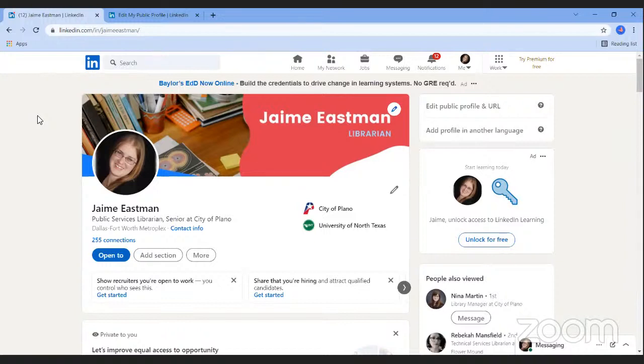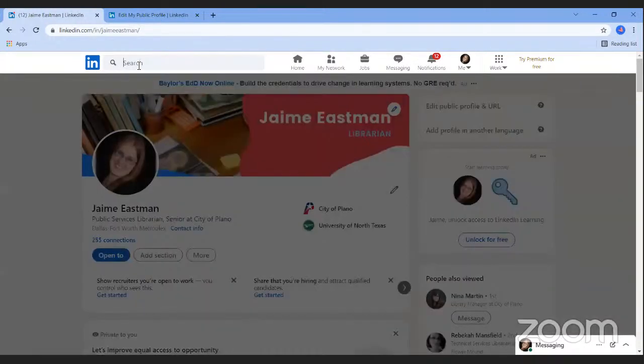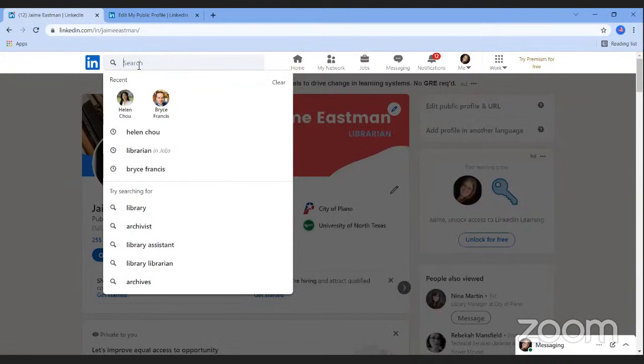The best groups for you to join will depend on your goals and experience, but in general, you'll likely want to look for groups that match your industry, your current role, your professional goals, or groups related to your customers. So to do a search for groups, you would use the LinkedIn search bar at the very top of the page, and you can actually